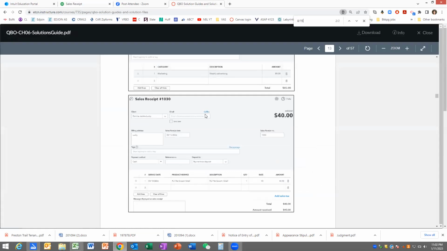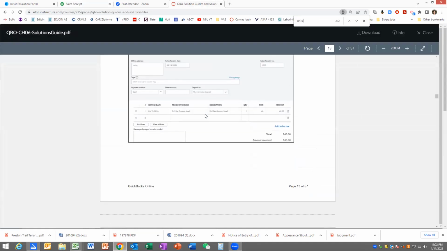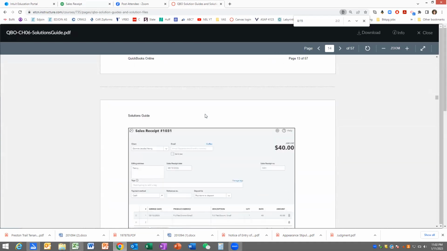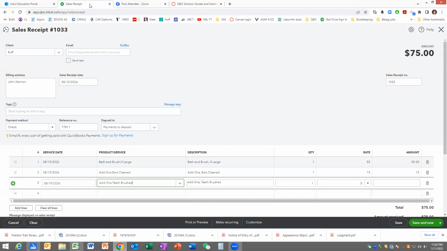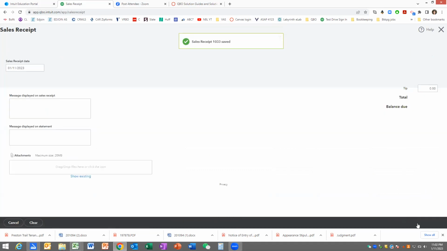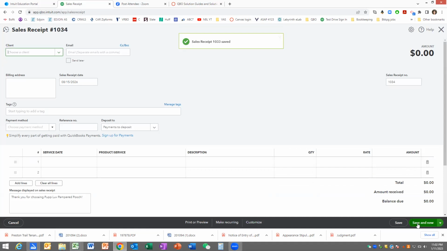I'm just going to check the solution just to make sure I'm on the right receipt. The receipt we're on right now is 1033. And that's John Cannon. Yes. And so I'm going to go back. And let's see, what is the next one? We're going to say save and new because the next one is a sales receipt. And Maria Biazas, she brought in a medium, and the name is Puffin, and they want a mini pet groom and nail polish. So the client is Maria Biazas,